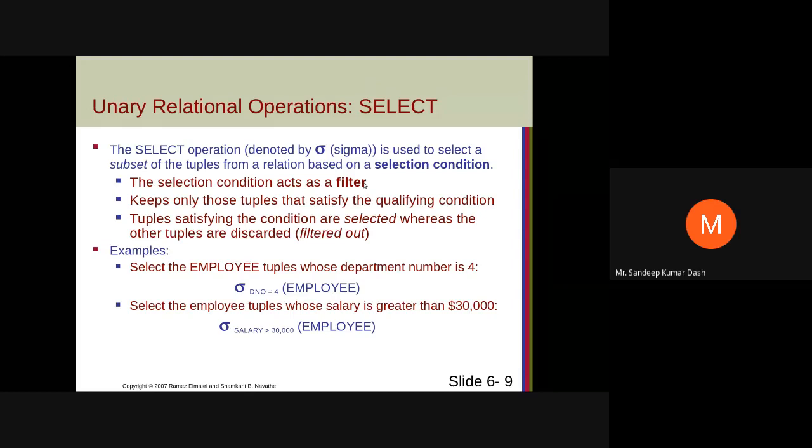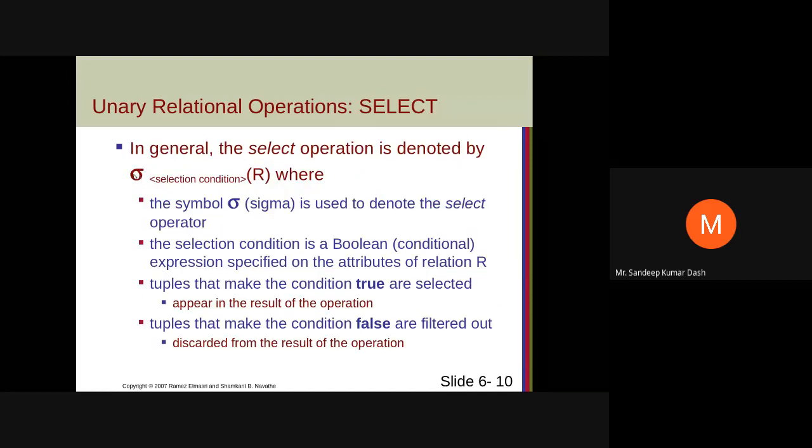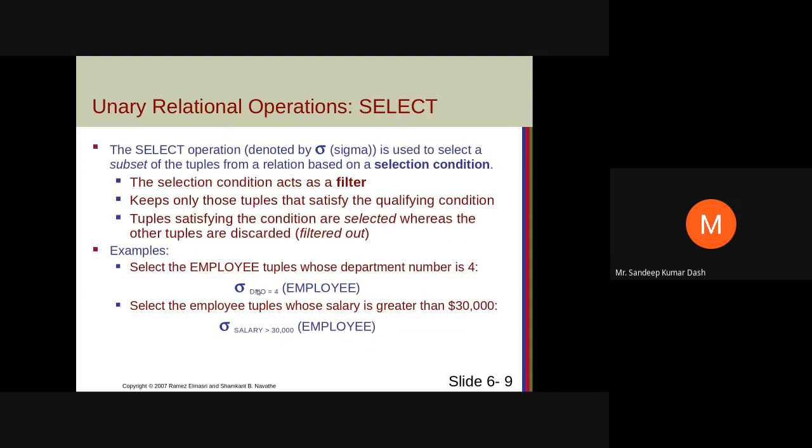It only selects those tuples which satisfy the qualifying condition. For example, select the employee tuples whose department number is 4. The syntax is: the select symbol, the selection condition written in subscript, then the relation you are fetching from. In this example, this is the select symbol sigma, this is the relation employee from where you are fetching the data, and this is the condition dno equals 4.